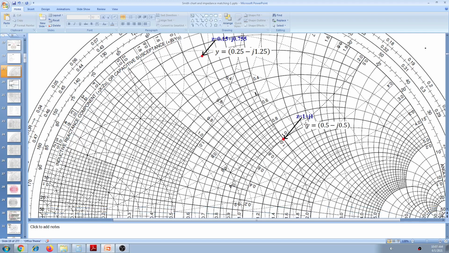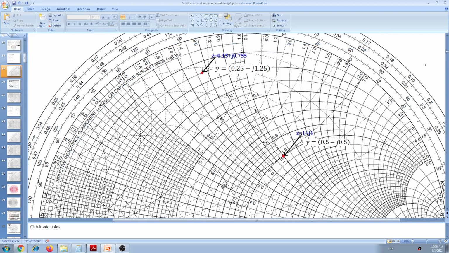Okay, how to find out the equivalent admittance? You mark the impedance at the same position. You get a conductance value, that means the conductance circle passing through the point. You note down the value of that conductance circle. Similarly, take the susceptance circle passing through that point. Note down the value. Okay, do g plus j b, and if it is minus, you take minus. In this case, it is minus 0.5. So multiply this value by y naught. So that is like this.